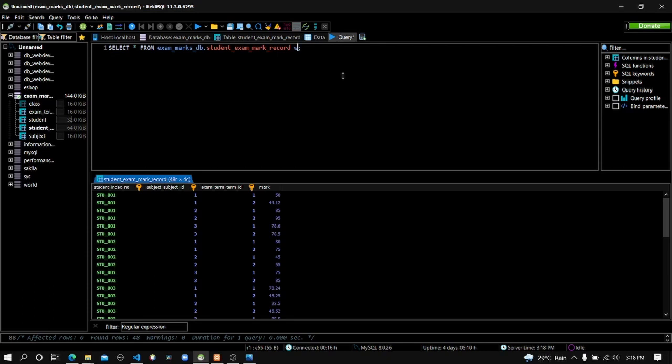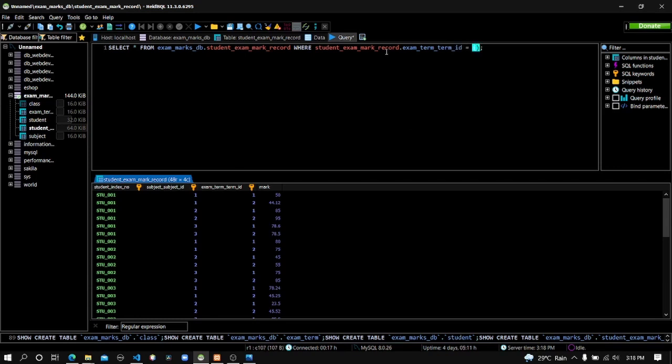So first I'm mentioning the where keyword, and after that we have to mention the attribute we are going to filter. Here we have to filter the data using the term. So the term recorded in the exam term ID attribute here. So in the main table, in the student exam mark record table, the exam term ID should equal to, this is the subquery,